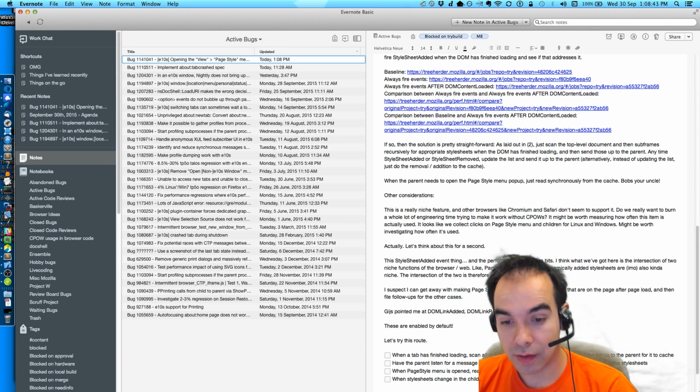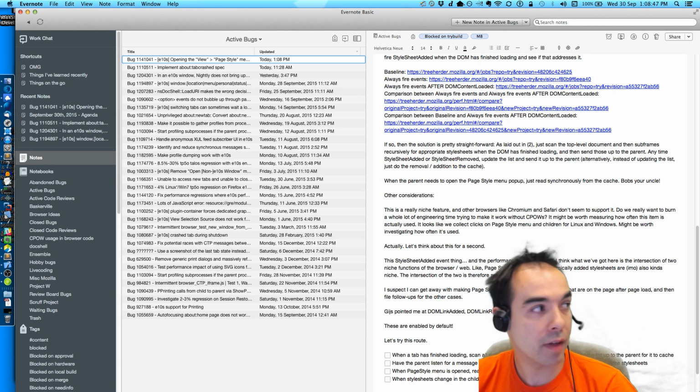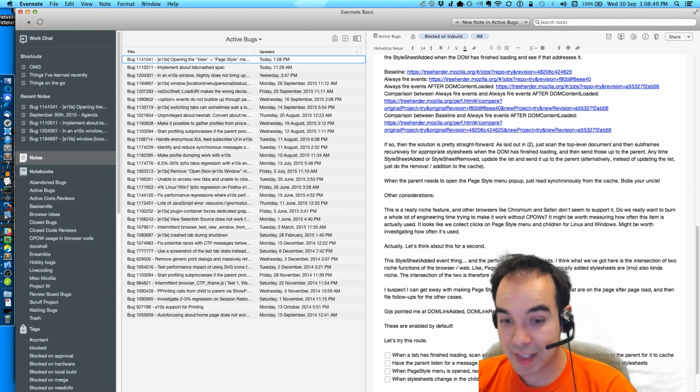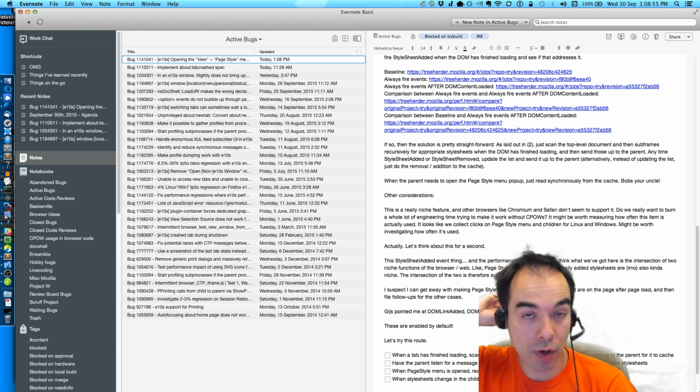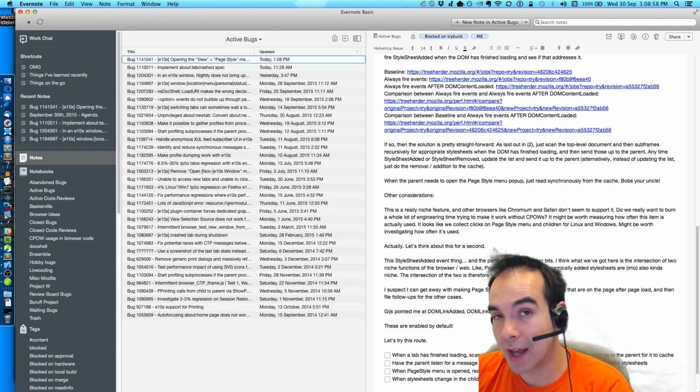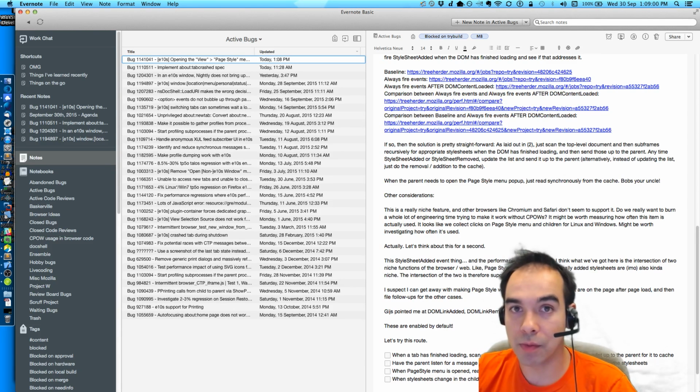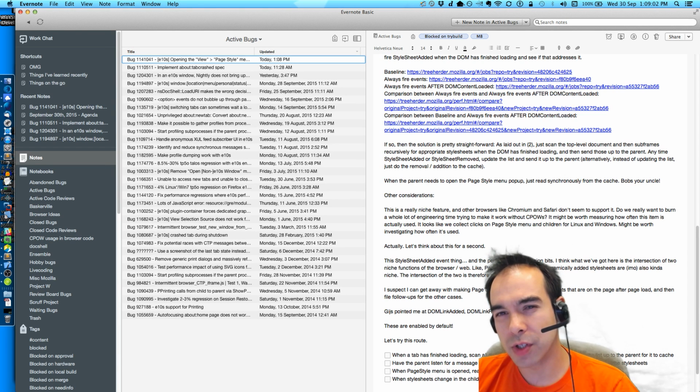update the parent. Now there are two ways of doing that. You can either just have the child rescan everything and send it all up to the parent and have the parent replace the cache, or you can just invalidate a small part of the cache saying, well, this style sheet was removed. I'm not sure which is better.